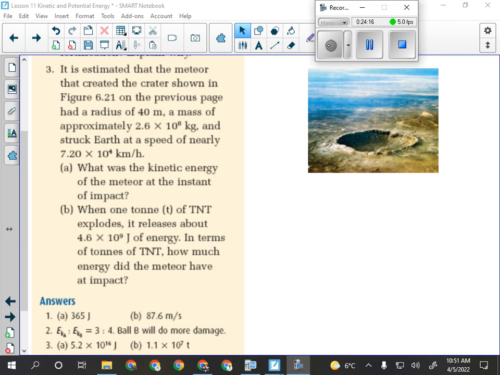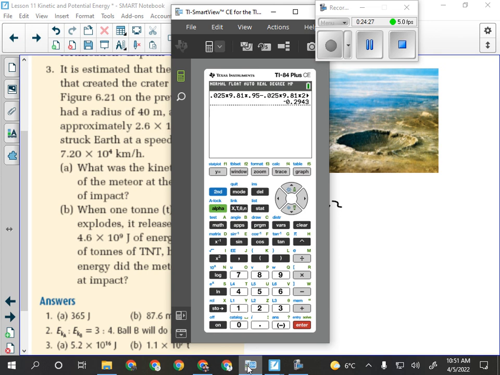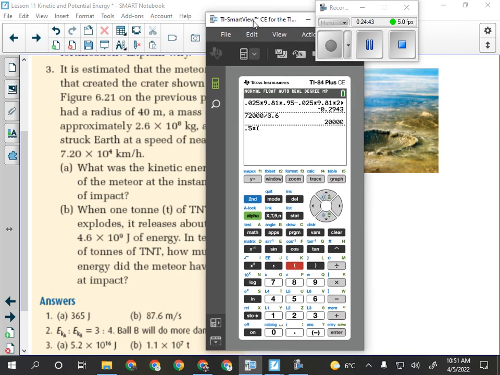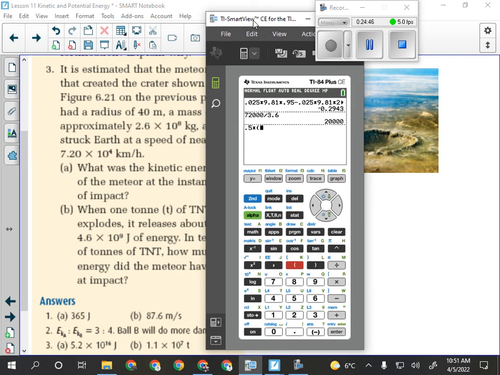All right, so the first part's pretty straightforward. We just have to do EK equals 1/2 mv squared, but obviously we have to convert the 72,000 kilometers per hour to meters per second. So we got 20,000 meters per second. And then we're going to go 0.5 times our mass, which was 2.6 times 10 to the 8,